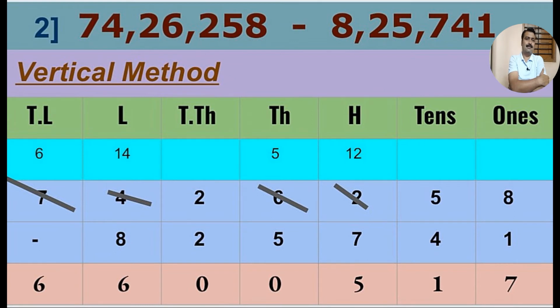After that, taking this 7 column, we arrange first number here, 74,26,258. So this number we arrange in opposite way, starting from 8, ones place. So 8 we arrange into ones, 5 we arrange into tens, 2 arrange into hundreds, 6 we arrange into thousands, 2 arrange into 10,000s, 4 arrange into lakh plus, and 7 we arrange at 10 lakh plus. Then we take minus sign there, and thereafter we arrange second number